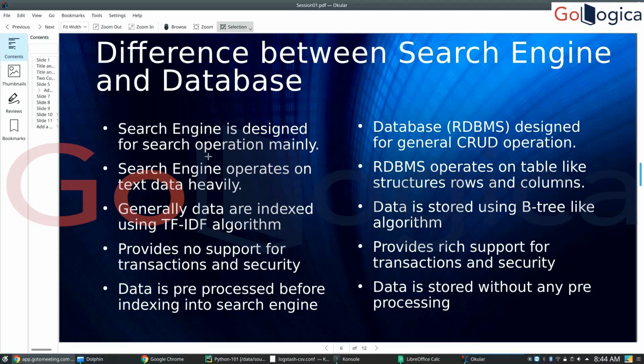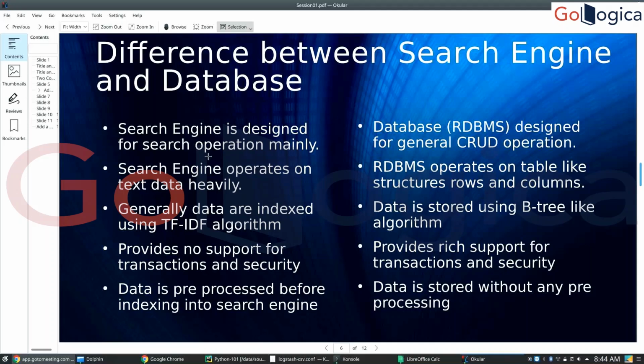So that's one difference. And the third difference you see here is that Elasticsearch is powered by an algorithm called TF-IDF or BM25. This is a very important difference you would see. And the algorithm powering MySQL is called B-tree. That algorithm powers the full backend processing of the MySQL engine. And the fourth important property you see here is